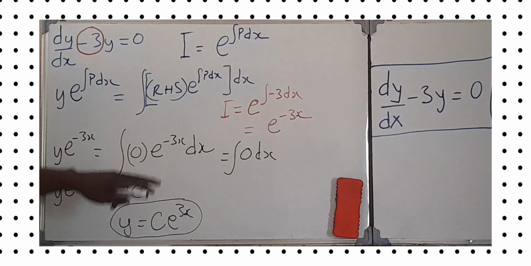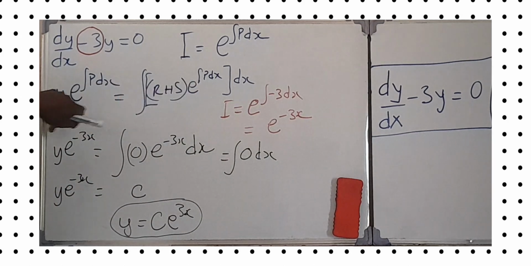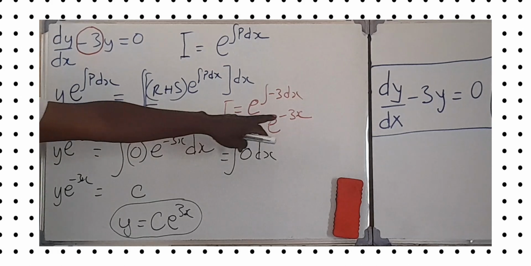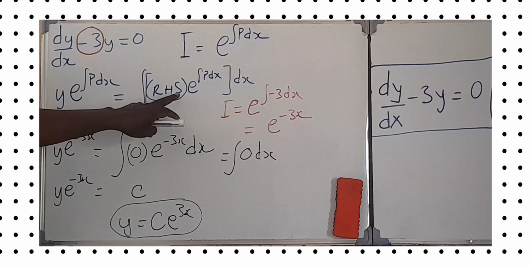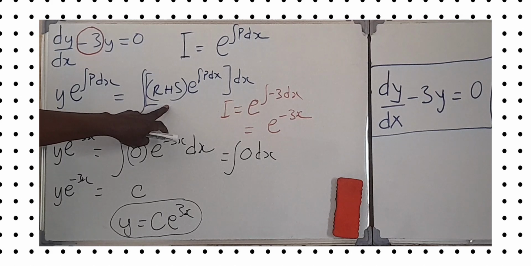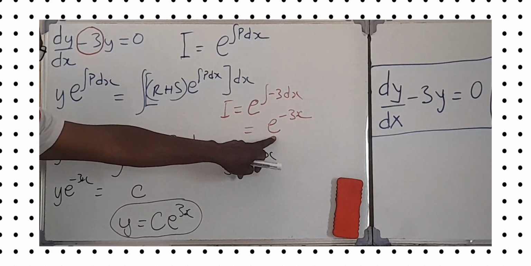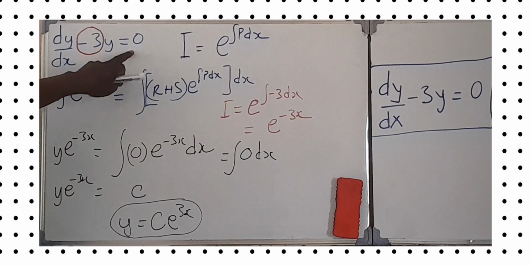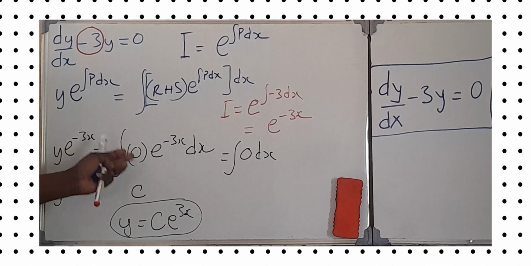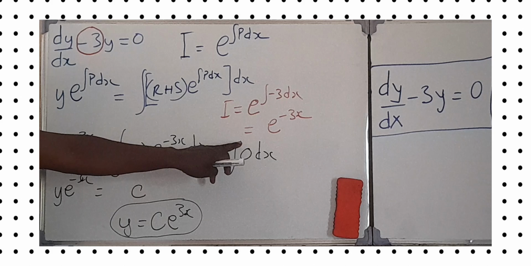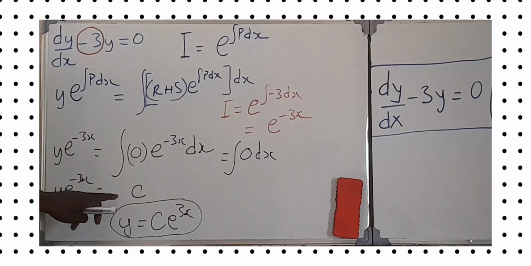Once we have done that, we come to this equation here. We substitute for the integrating factor, and we say y multiplied by our integrating factor is equal to the integral of the right-hand side multiplied by our integrating factor, which in our case was 0 times e to the power minus 3x with respect to x. Of course, this gives us 0. So integrating 0 with respect to x, we get a constant c. And here we just